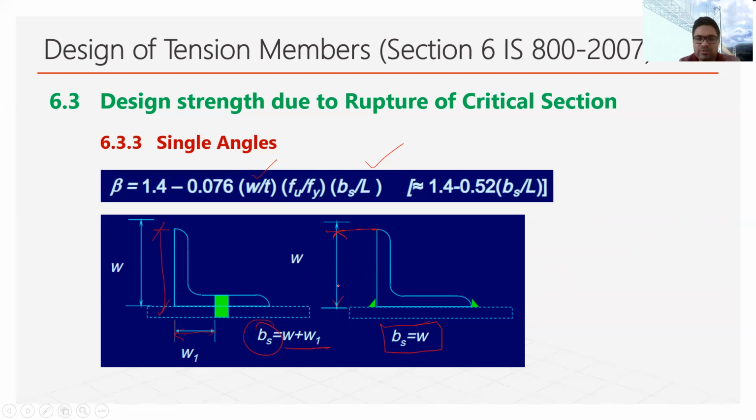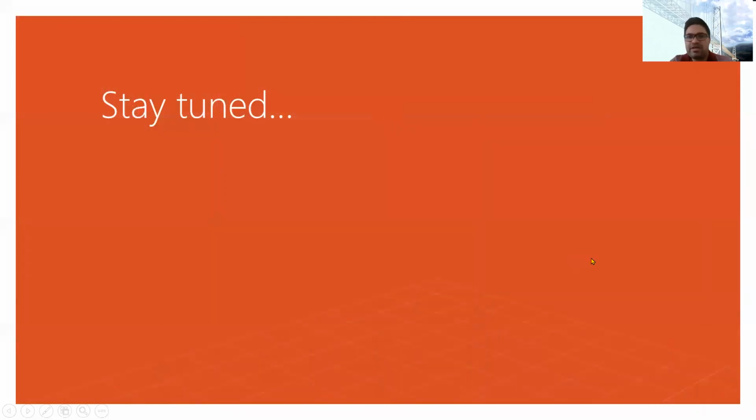So all these values, if we calculate and put in this formula, we will be able to find the value of beta. On further calculation, we can reduce this formula up to this, but generally this is the formula that we use. So we will continue this discussion in the next part. Thank you.